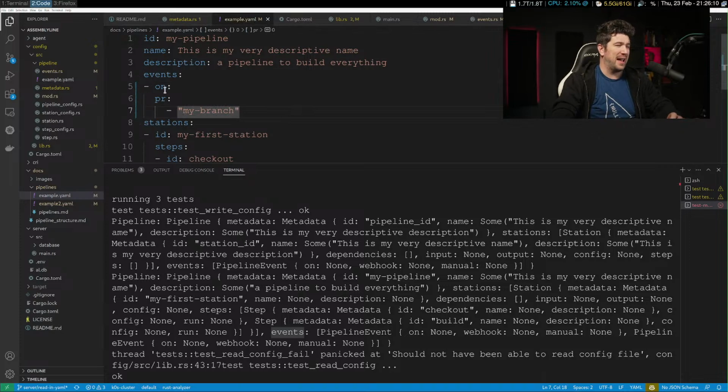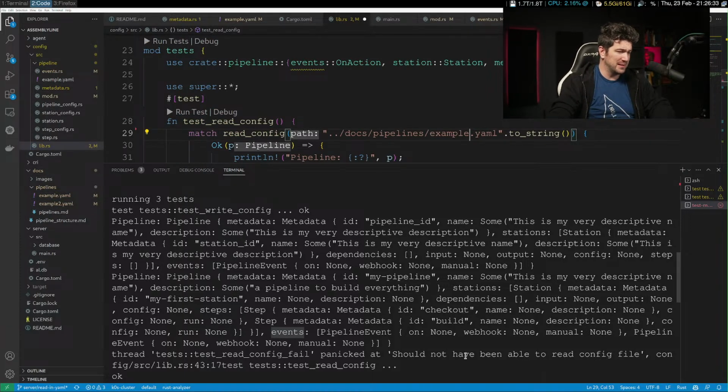Now, originally I had distinguished like repo events. I don't know if we want to go back to that. I'm just getting this working. I was thinking that there could be events like webhook events, but we kind of separated that out. Like this is on repo events. I don't know. I think this is fine. Okay, let's see if this serializes in.